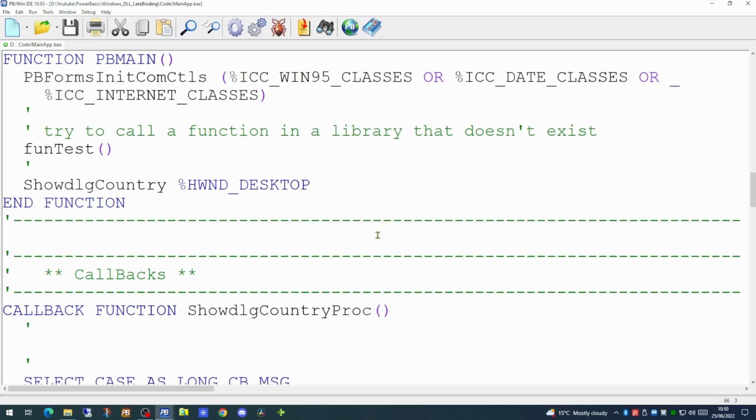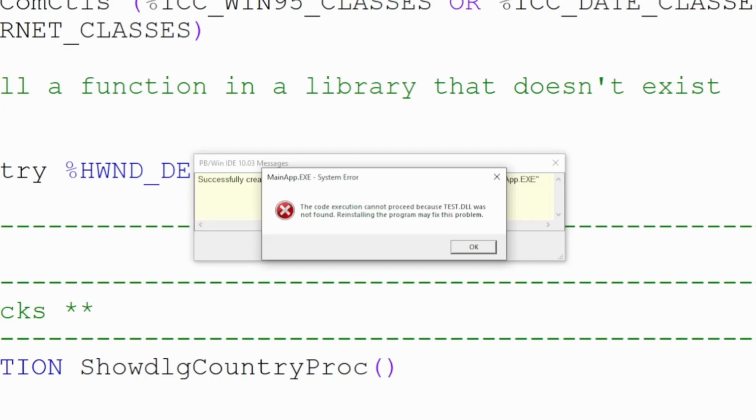However, if we attempt to run the application, an error will be created. It will report that the code cannot continue because test.dll was not found. Even if you put code within your application to test for the presence of the DLL, that code will never be executed, because when your application runs, it will first test for any dependencies, and this DLL is one of them.